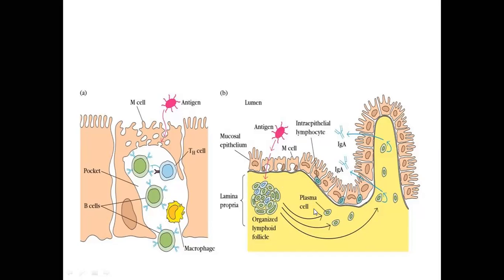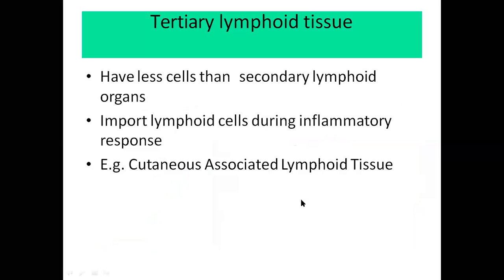These are the plasma cells which are forming, and then so many antibodies are releasing out, and these antibodies are going outside that area, outside the intestinal cell. And then if any antigen is outside, they will start killing those antigens outside the intestinal cell also. So this thing I will explain in detail later on. For the moment, you will just see what the different types of mucus associated lymphoid tissue are.